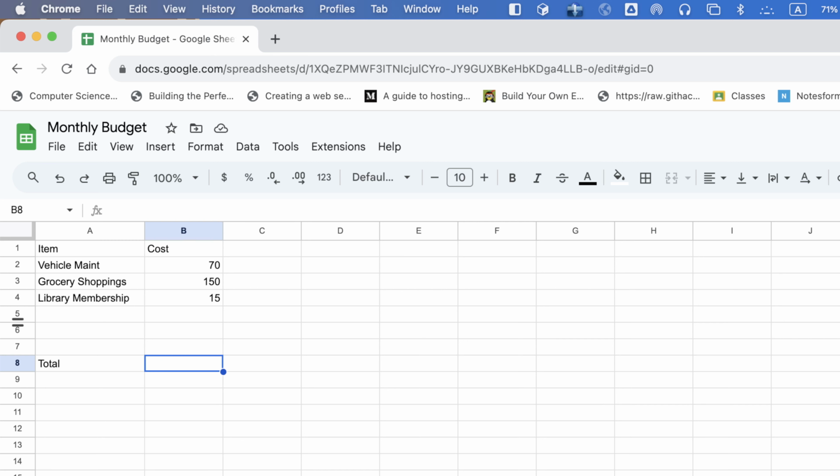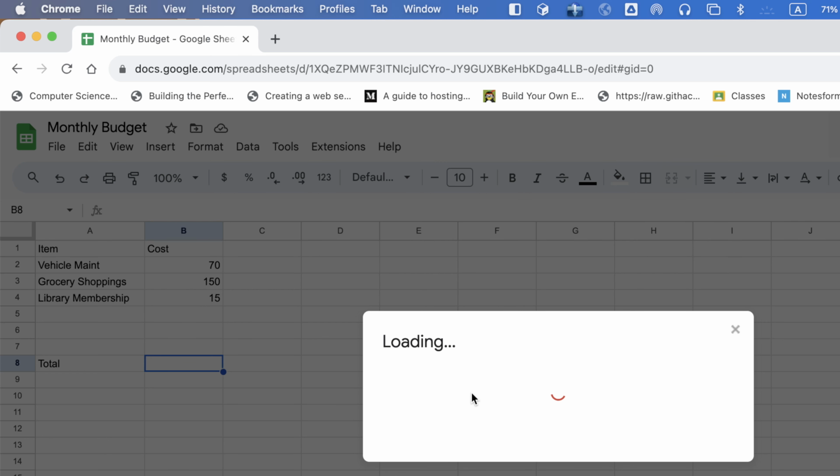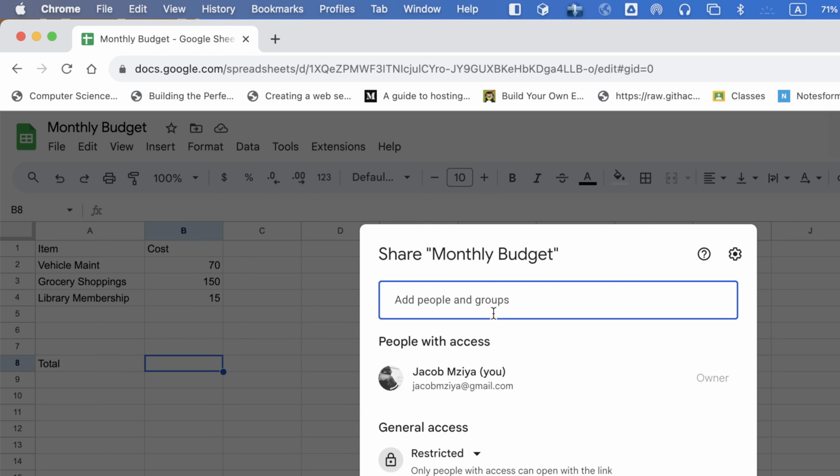Another good feature that is very interesting with Google Sheets is the share button. So when you click on the share button, you can write in the email for whoever you want to share with. So in this case, I can say maybe I want to share with